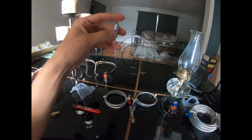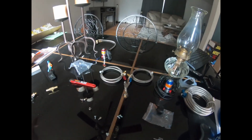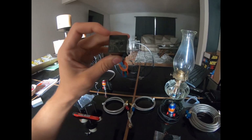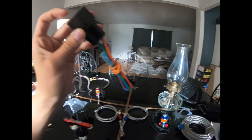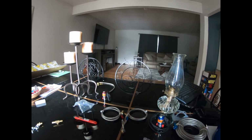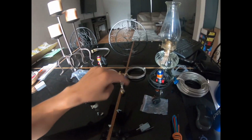But as soon as you hit this button here, it will turn on these solenoids, which will then let the nitrous and the gas flow through the lines here, go to the nozzle here, push through, and spray. Behind the scenes, when you press this switch, it will activate this relay here, which will then flip this little line here to 87A or 87. It might be either one, I don't know which one it is. Which will then switch it to 87A, which on that lead will be connected to these two solenoids, so that when it switches over, it'll allow power to go to the solenoids, turning them on, allowing the nitrous and the fuel to go through here, which will then spray into